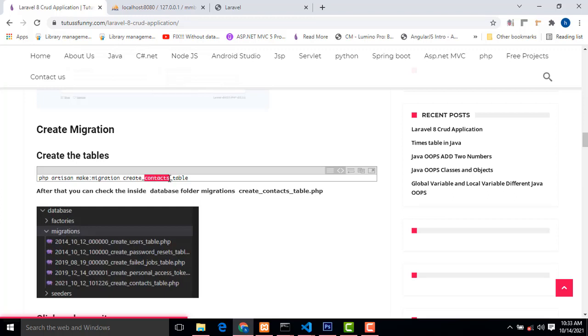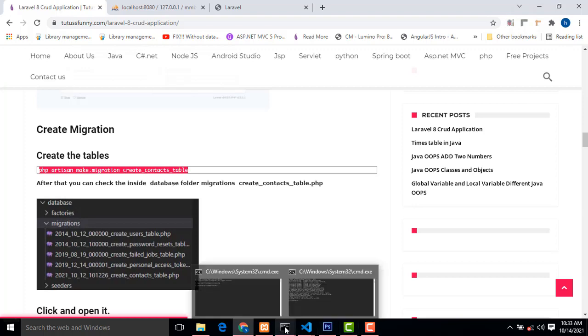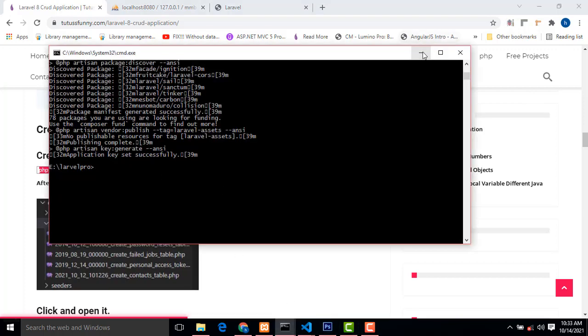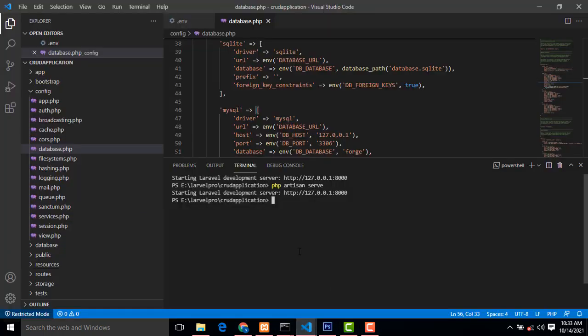You have to give the plural, okay, not singular, plural. So here, context, you have to use it like this. Plural, you have to use it. Okay, you just press Control C to copy, paste it over here, press the enter key. Here your table has been migrated.